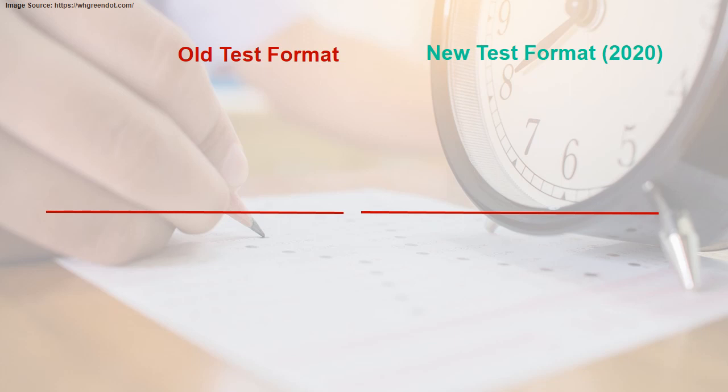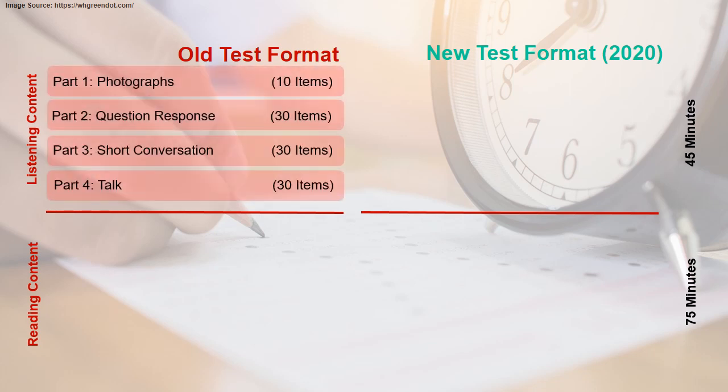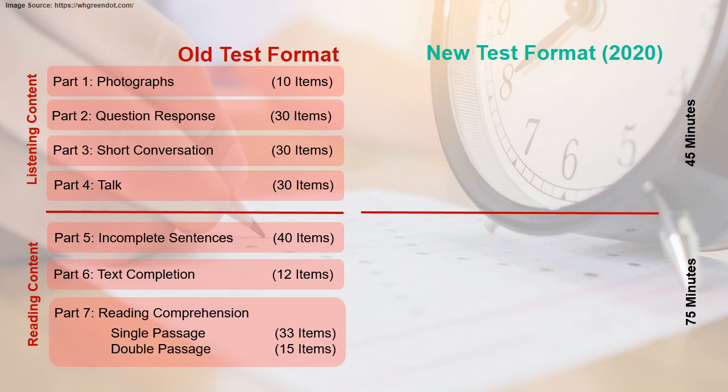The TOEIC test is a 2-hour multiple choice test that consists of 200 questions divided into 2 sections. The listening section takes 45 minutes, and the reading section takes 75 minutes. The listening section tests how well you understand spoken English. It consists of 4 parts and contains 100 questions. The reading section includes 3 parts, testing how well you understand written English. You will read a variety of materials and respond at your own pace